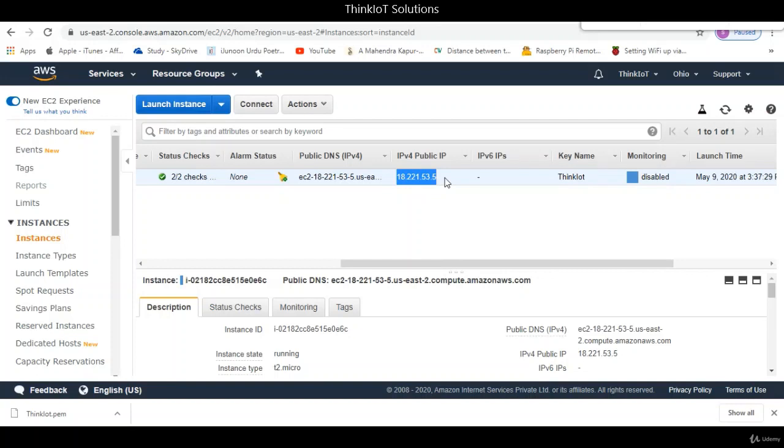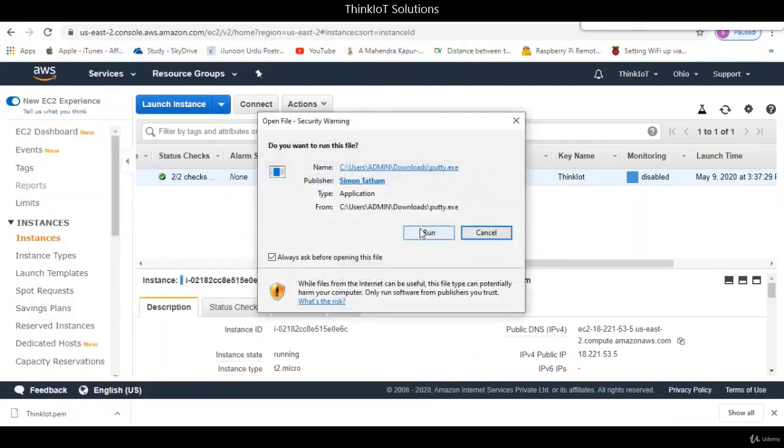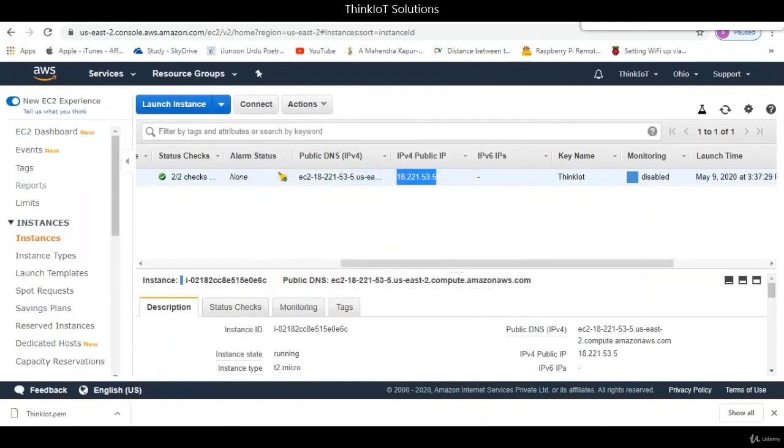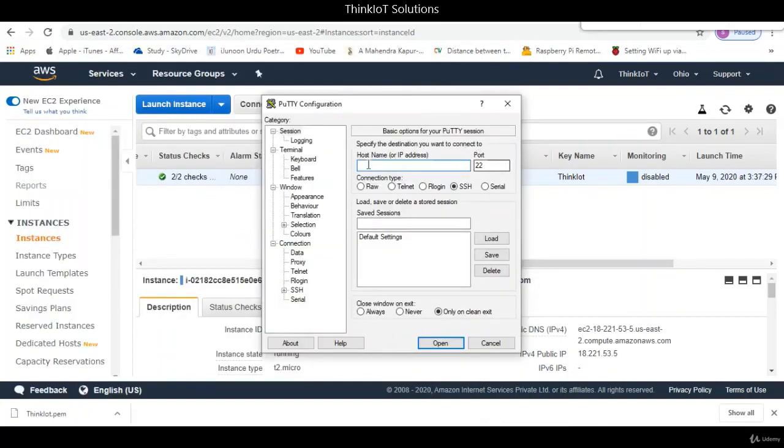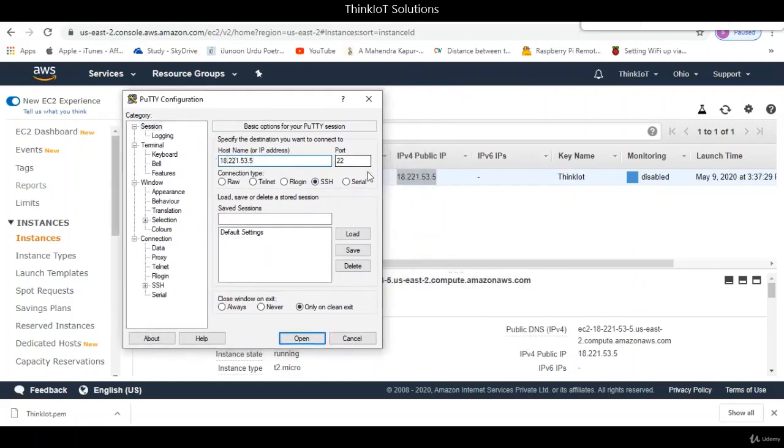So this is the most important step, and every time you log into your instance, you have to do this. We have a software called Putty. You can download this software from Google as well, from the Putty website. Click on putty.exe, and once this software opens, it looks something like this. It expects the host name and the port. We are using the SSH type of connection here. Whatever IP I have copied earlier, I'm pasting it here. You can see that the IP is the same,